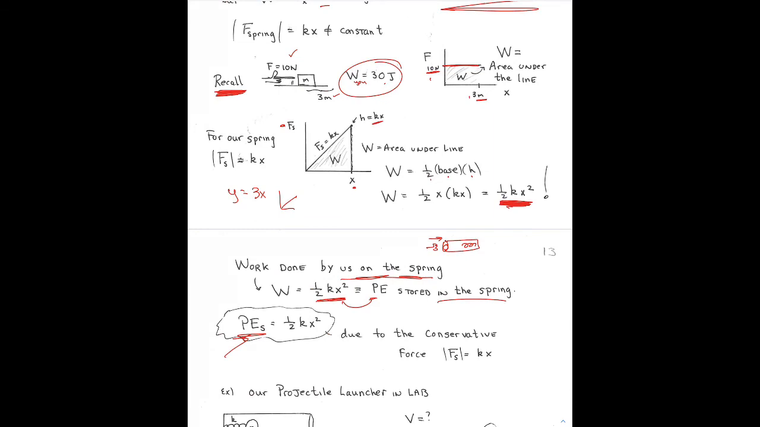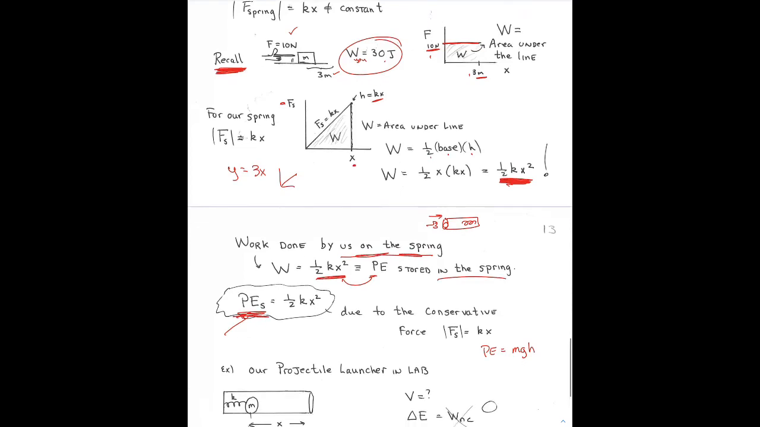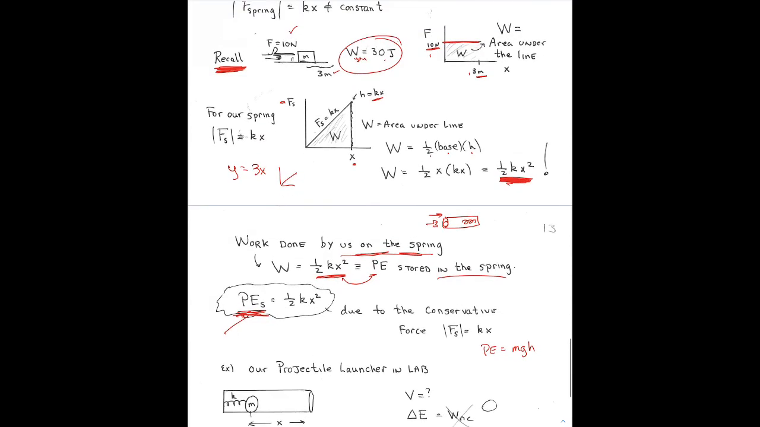So remember we said that only conservative forces have potential energy functions. So gravity is a conservative force. Its potential energy function is mgh. The spring force is a conservative force. Its potential energy function is 1/2 kx squared. So in our projectile launcher lab,